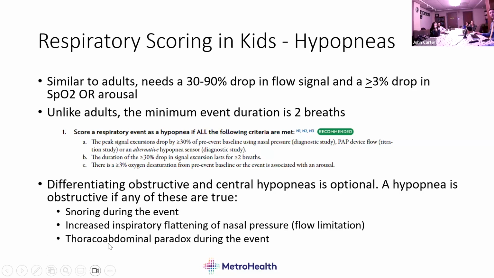Socratic question again, why would thoracoabdominal paradox suggest obstruction? You're working with effort in relation to having an obstructed flow. So then you go up and down. Yeah, exactly. So again, I'm not a pulmonologist, but my simple-minded way of thinking about it is you're breathing from the diaphragm, right? So you breathe in, the diaphragm stretches, the abdomen moves out. You've got an open airway that's going to pull air in. It's creating a vacuum, right? It makes a vacuum, pulls air in, so the chest rises as that air flows in.